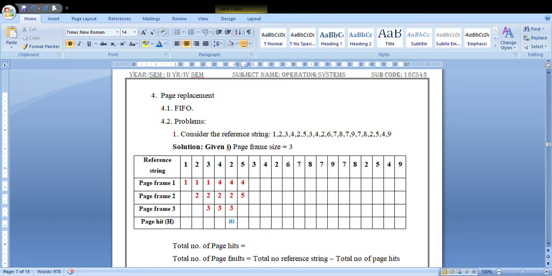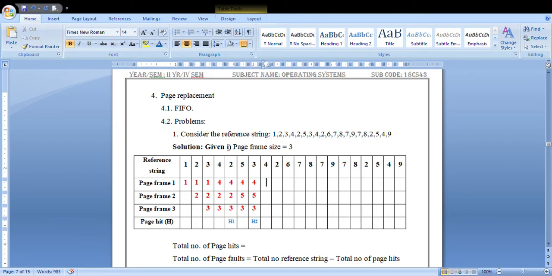Keep other values as they are. Next page is 3. 3 is already present in the page frame, so you are not going to change any of the values. You keep 4, 5 and 3. You are marking page hit 2.